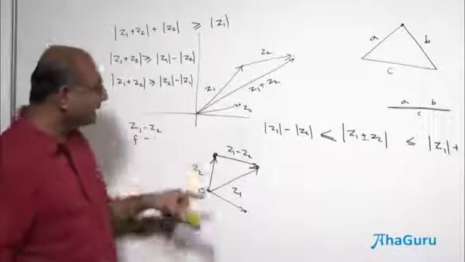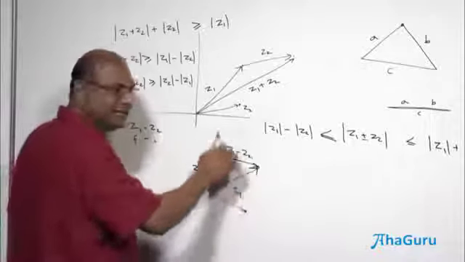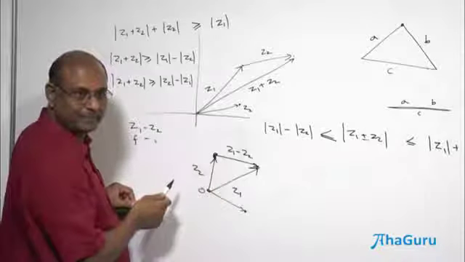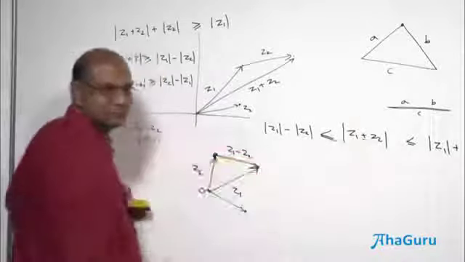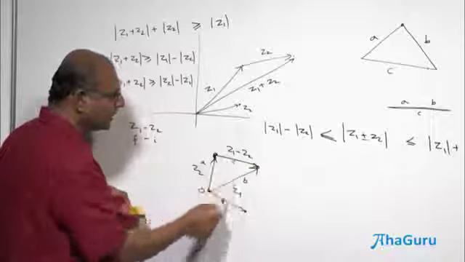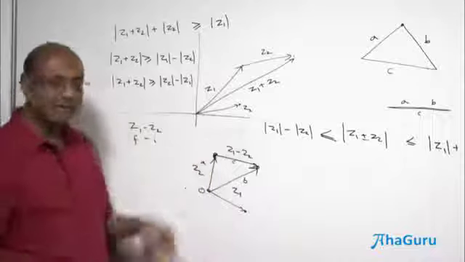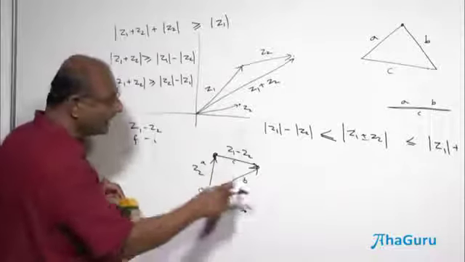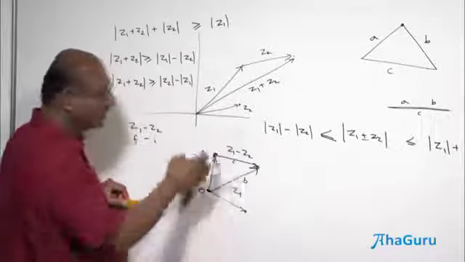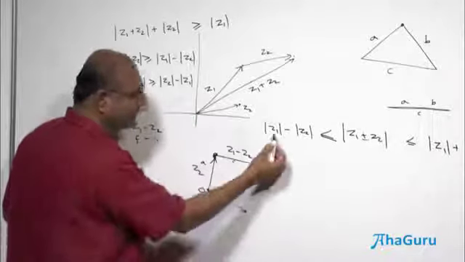Okay. Anyway, let's come back. So this is the Z1 minus Z2. But you can then conclude that the magnitude of Z1 minus Z2 must be less than the magnitude of Z1 plus the magnitude of Z2, triangle inequality. Correct? Because I can think of this as C and this as A and that as B. So C's length is less than A plus B. So Z1's length plus Z2's length is greater than Z1 minus Z2. I can also say B plus C, or I can say A plus C must be greater than B, or C must be greater than B minus A, which is magnitude of Z1 minus magnitude of Z2.